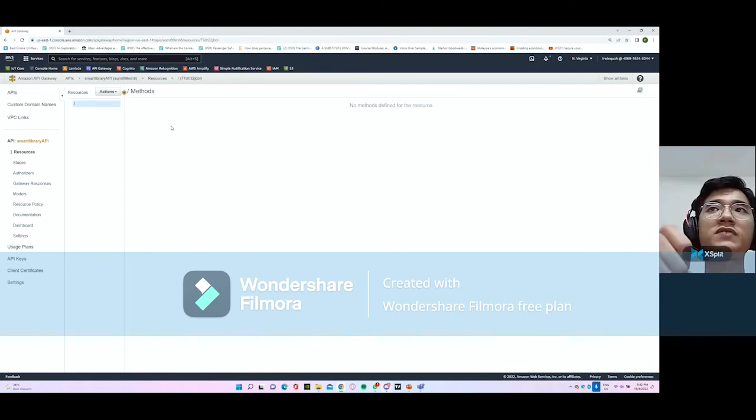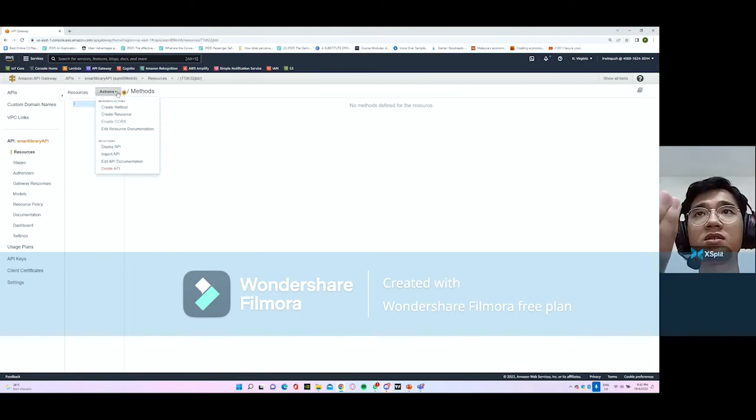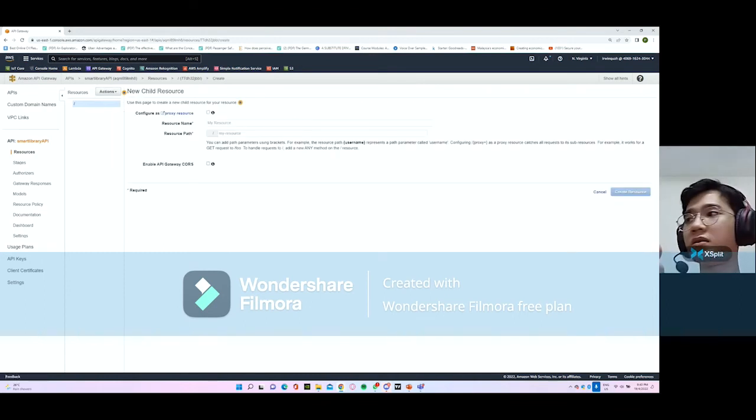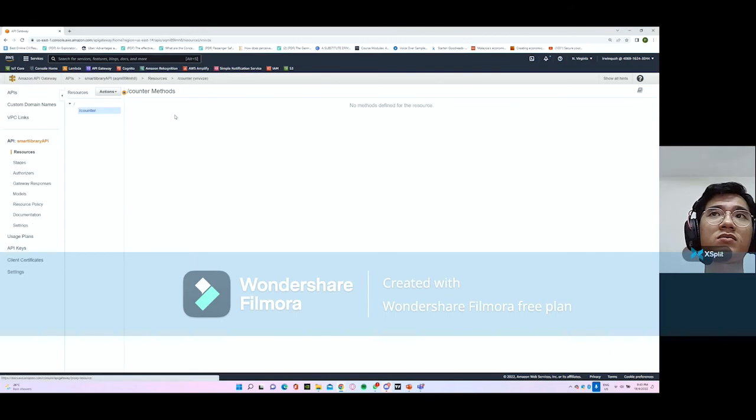Next, we need to give the API some resources. So we need to create a resource for the API. We can give it a name. Then the resource will be created.